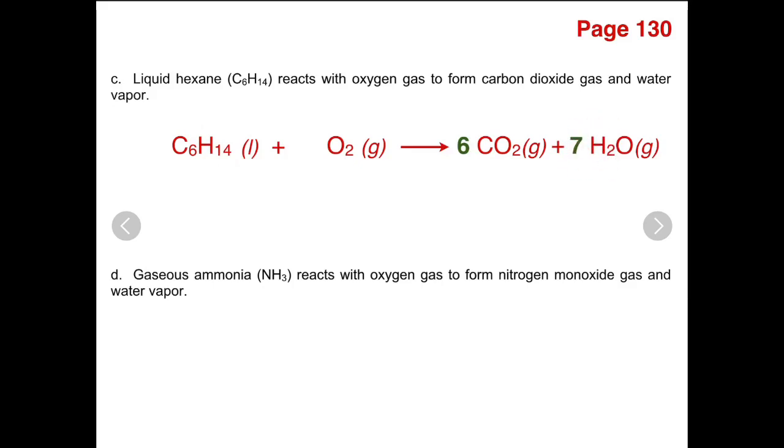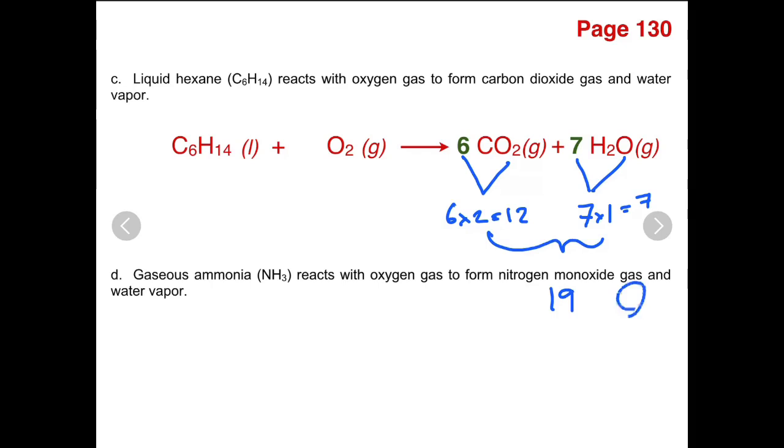But the number of oxygen, if you count the number of oxygen, right? So we have oxygen, 6 times 2, that's 12. This side right here, we have 7 oxygen, because 7 times 1 equals 7. So add them together, this is going to come out equal to 19. We have 19 oxygen. We have only 2 on this side, right? So we have only 2 oxygen. So that means in this case,